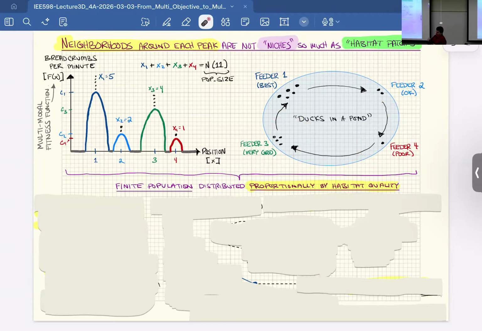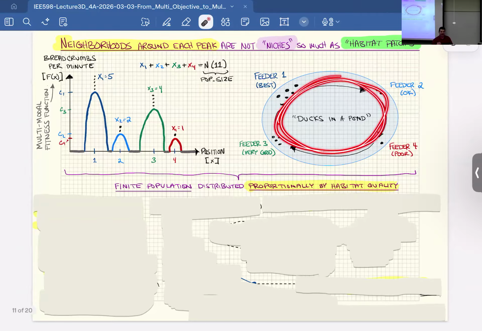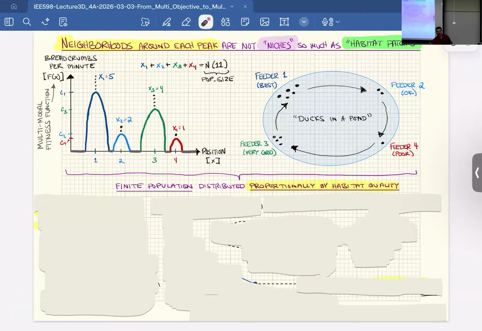And so what you end up getting is the ducks in that pond end up accumulating in front of each one of these people. So if there are 3 people there, there will be 3 clumps of ducks. If there are 2 people there, there will be 2 clumps of ducks. If there are 10 people there, there will be 10 clumps of ducks. And the one who is throwing in the most breadcrumbs will get the most ducks. The one who is throwing in the least breadcrumbs will get the fewest ducks. This to me, and the dynamics in the math fit this much better too, is much more like what's going on in multimodal diversity preservation.